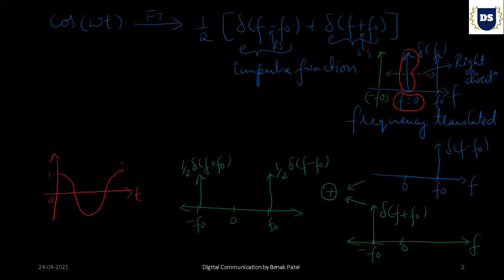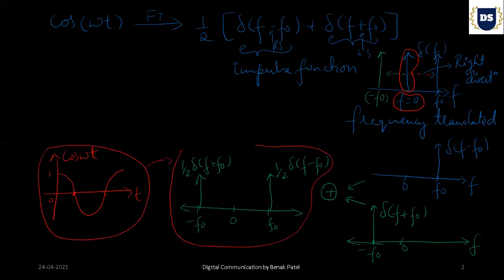So this is one full cycle of cos omega t in time domain. This is in time domain, an entirely different domain. This is in frequency domain. The same signal, I'm trying to plot the same signal, but the only thing is this is in frequency domain and this is in time domain. So keeping this in mind, here